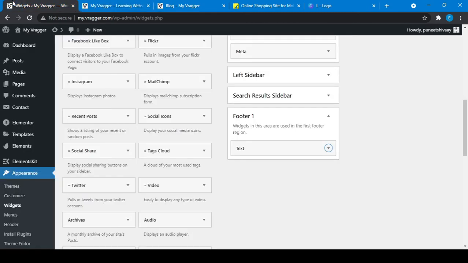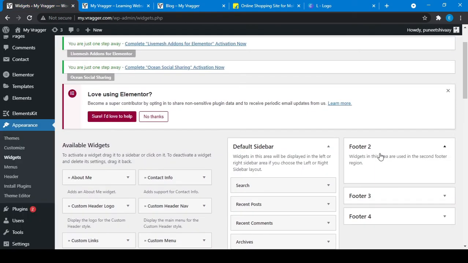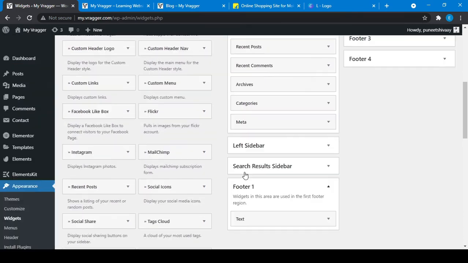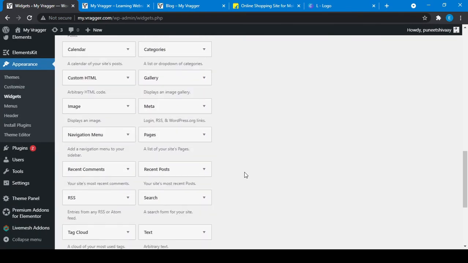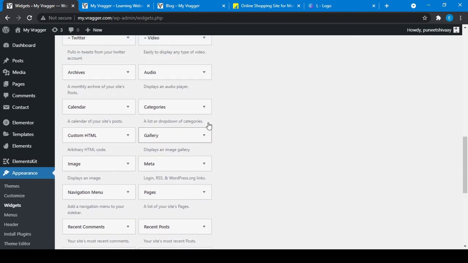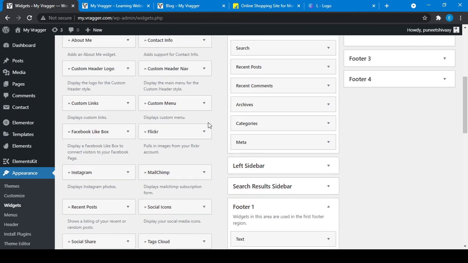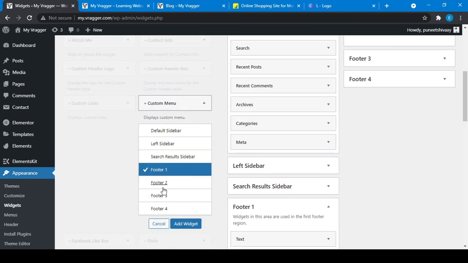After that, there is footer two. In footer two, I just want a menu. Let me choose my menu options. Custom menu, footer two, add to widget.